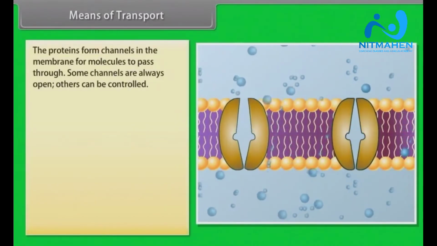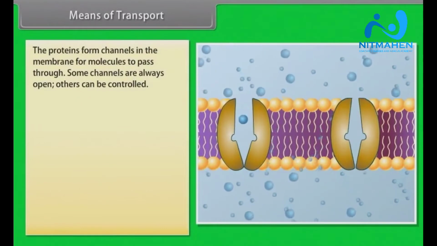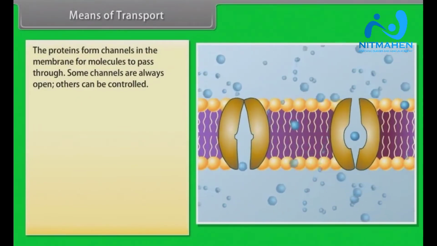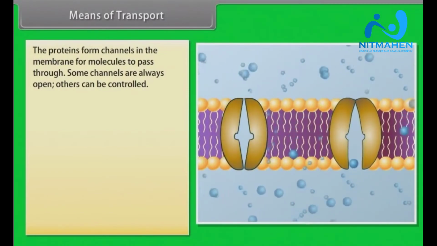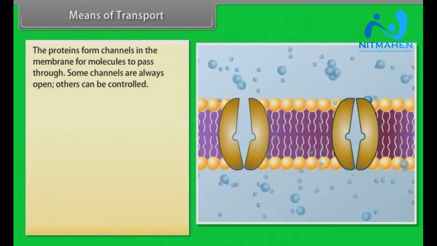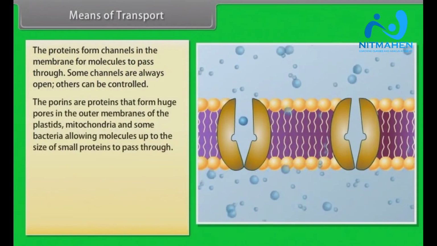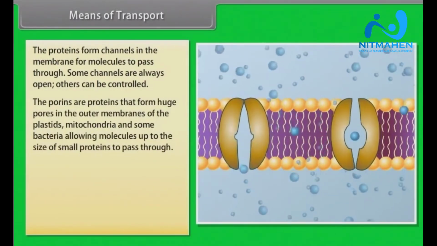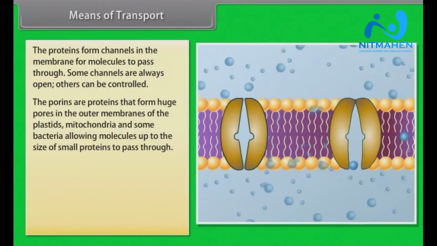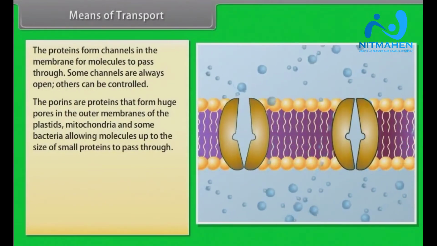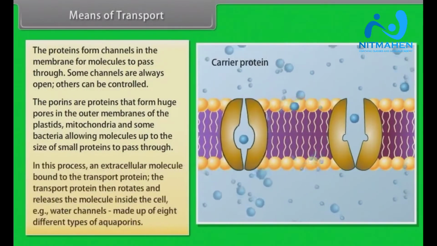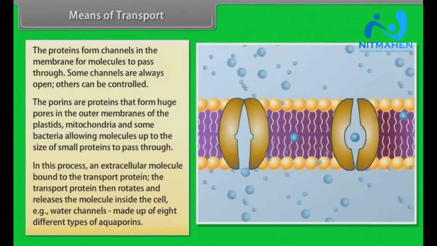The proteins form channels in the membrane for molecules to pass through. Some channels are always open, others can be controlled. Some are large, allowing a variety of molecules to cross. The porins are proteins that form huge pores in the outer membranes of the plastids, mitochondria and some bacteria, allowing molecules up to the size of small proteins to pass through. In this process, an extracellular molecule